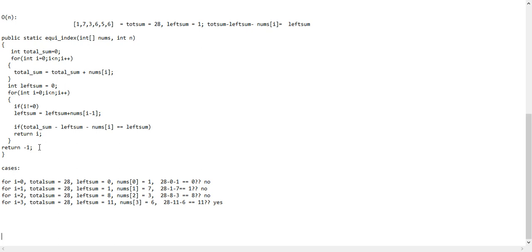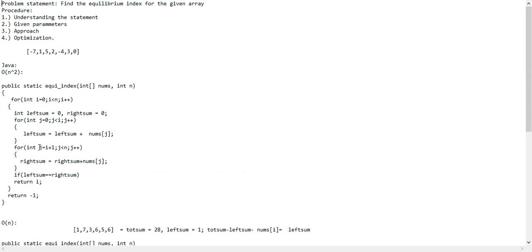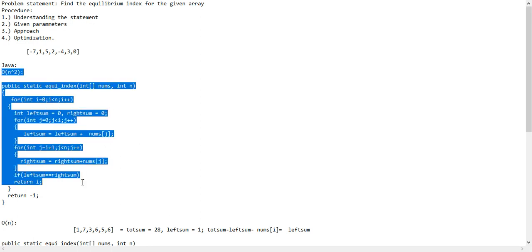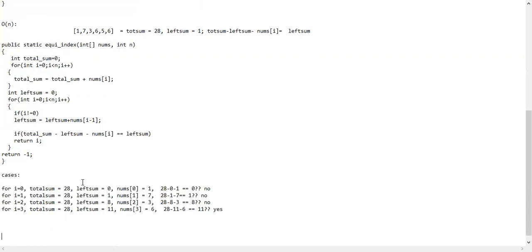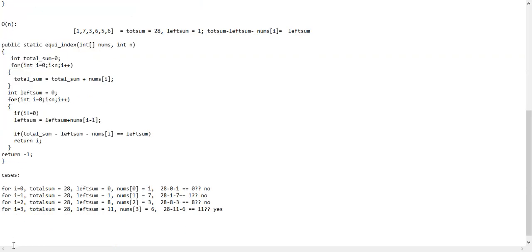Arrays is a really important topic, and this question was asked in many of our placement papers. Even in the interviews that I have given, this question was asked 2-3 times, and different methods were also asked. So start from this brute force method, O of n square, and then optimize the solution to O of n. Thank you. This is all this question is. Don't worry if you didn't get it. Watch it again. You'll definitely know how the solution comes. Thank you.